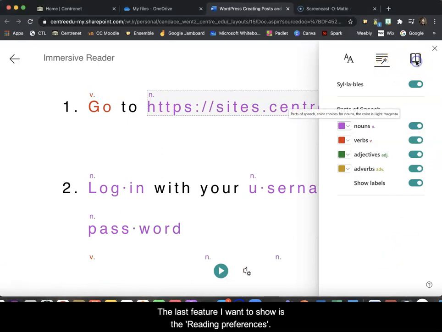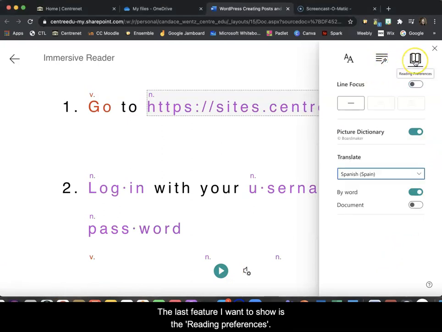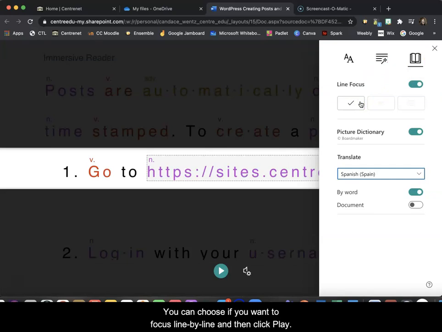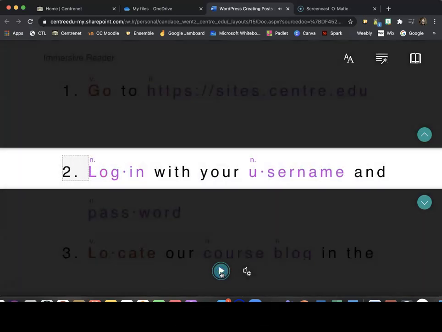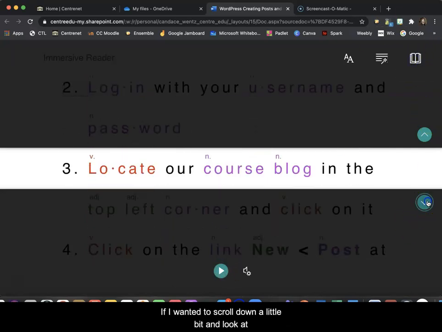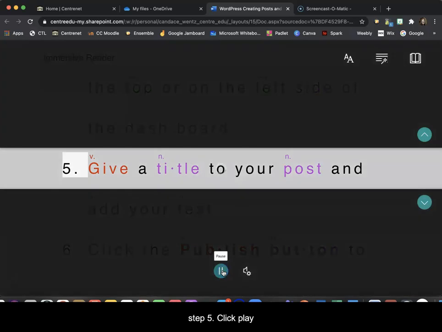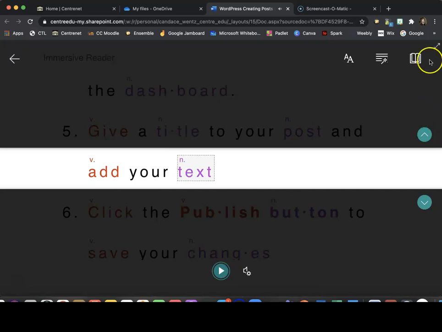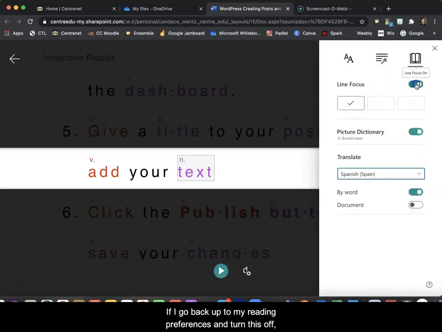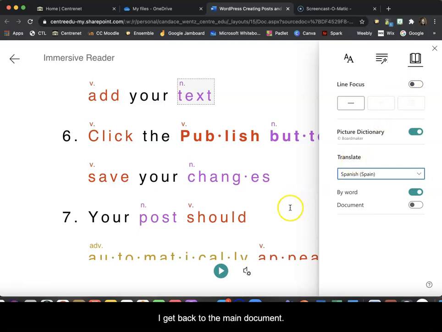The last feature I want to show is over here in our reading preferences. So you can choose if you want to focus line by line. If I want to read this line, it will go to the next line automatically. If I wanted to scroll down a little bit and look at maybe step 5, I can hit play. Give a title to your post and add your text. And I can stop it. If I go back up to my reading preferences and turn this off, I get back to the main document